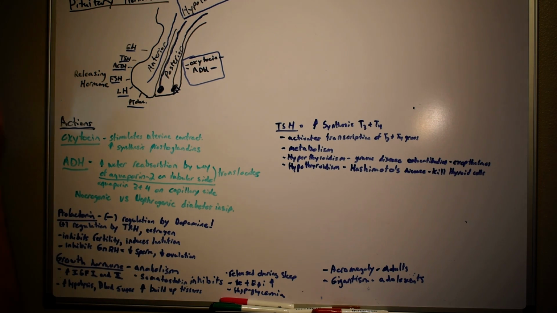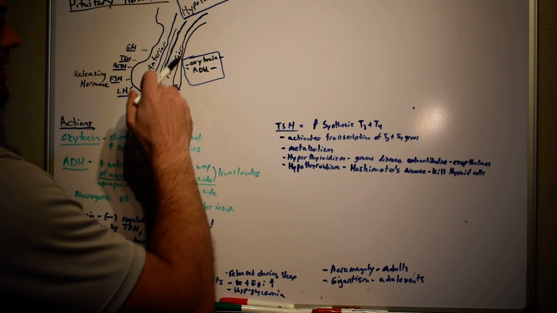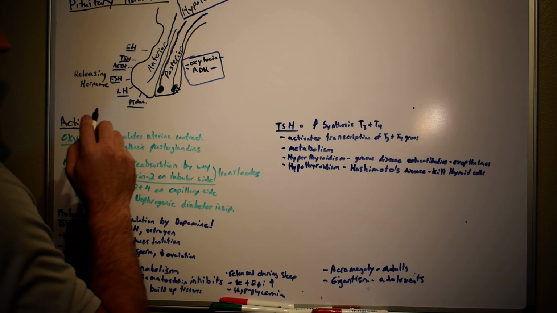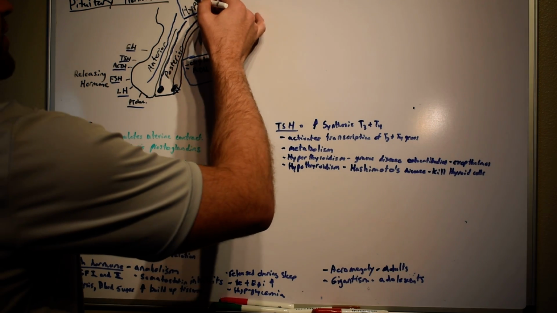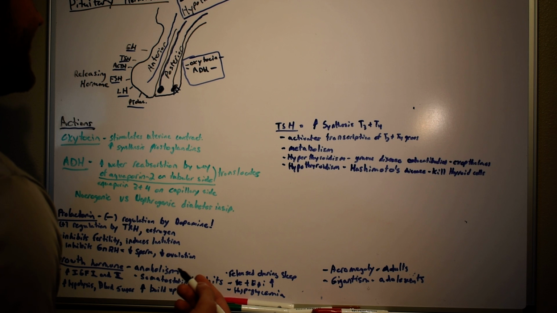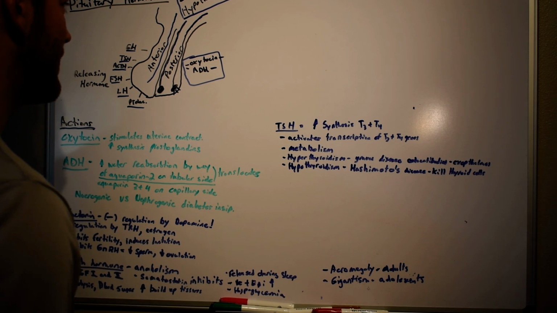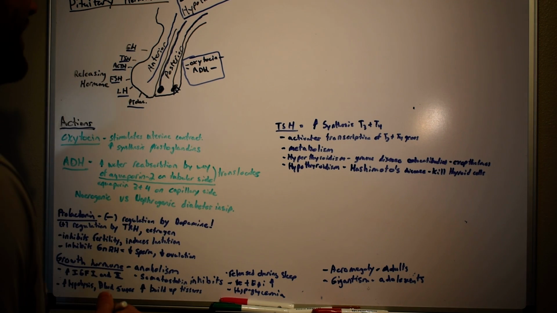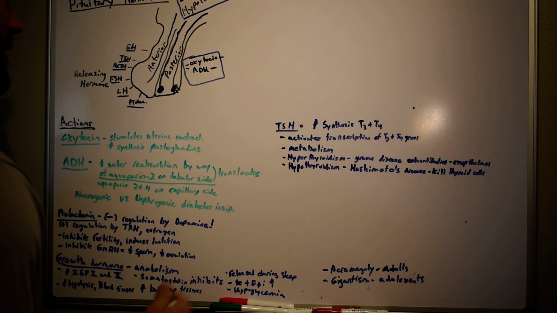What about the anterior pituitary? Well, the anterior pituitary is a little different. I tried to use a different color here to signify that this is not an axon like the posterior is. It's a capillary. So there are capillaries, and there are cells up here in the hypothalamus that are going to release another hormone, if you can believe it. It's like, why don't they just make the hormone themselves instead of having the anterior pituitary gland make one and secrete it? I don't have an answer for that, but this is just the way the body does it. So we don't question the body, right? Because it's amazing.